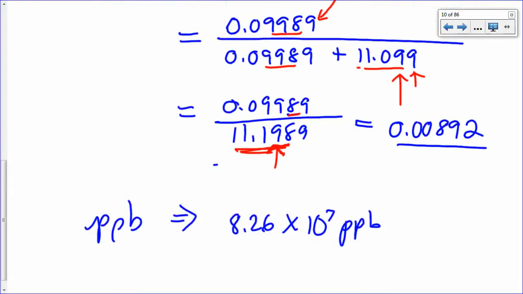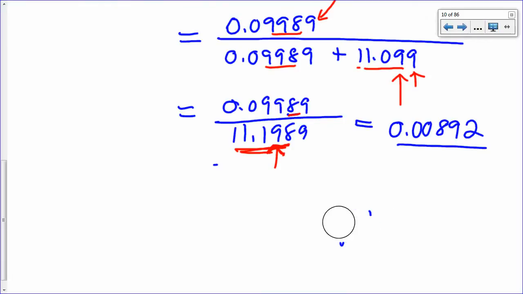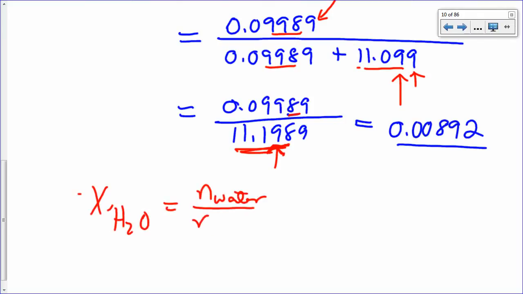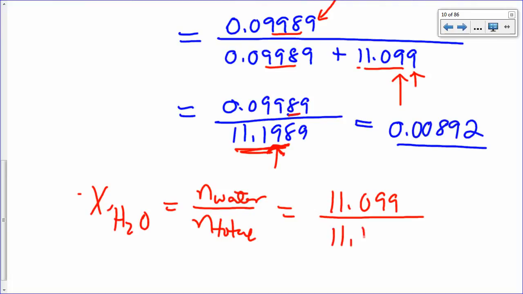How do you get the mole fraction of water? It's just moles of water over moles total, right? So in this case, you're going to put 11.099 over 11.1989, or you can just say it's 1 minus 0.00892. And that's